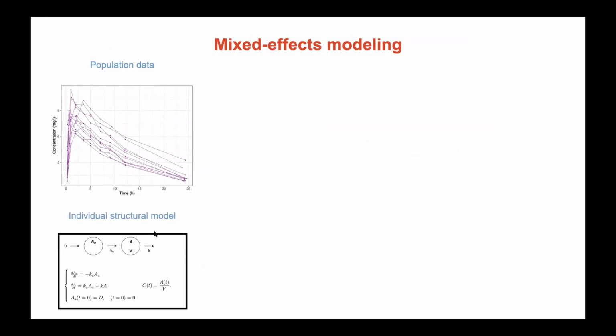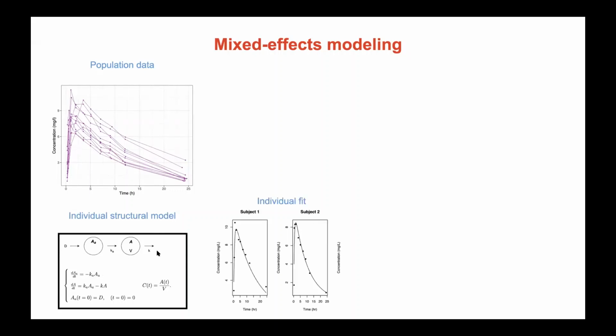Is a technique to address how to model population data, such as the one you have here, which represents the concentration of a drug as a function of time in a population of patients. From these, the typical process consists of building a structural model, which can be, here, a very simple linear one-compartment model with absorption, using differential equations. From this model, you could do,